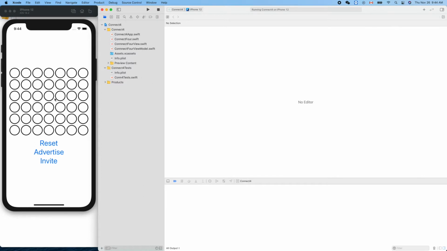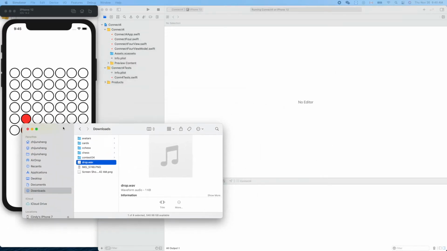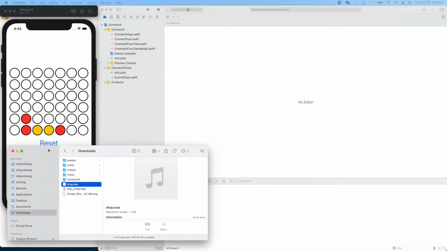For now, we can drop a piece, right? Let's play in a single device mode. But there's no sound effect. So I already have a sound file here. So to play a sound, we only need to, so this is the sound file, and when I click it,